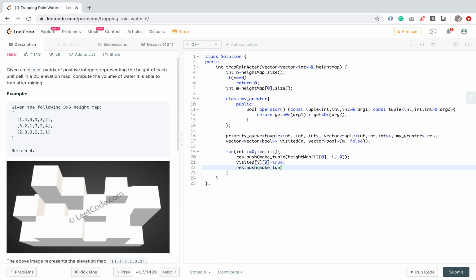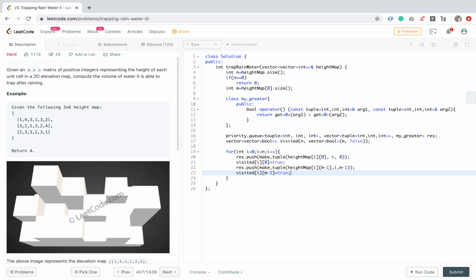So we are pushing the first column, then the last column, and similarly we have to mark this true also.